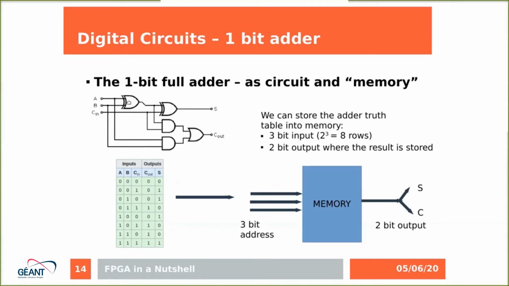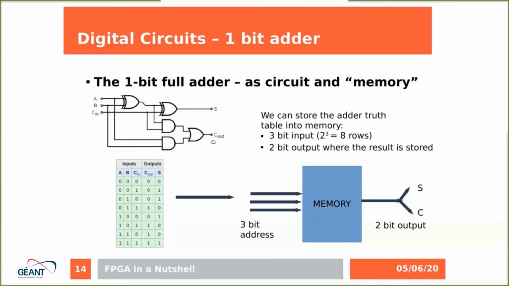So this XOR gate and this AND gate is the first half adder, and this XOR gate and this AND gate is the second half adder, and the outputs from the carry generations are ORed together to generate the final output. So this is a simple 1-bit adder, and if you connect these adders in a chain, then you can get